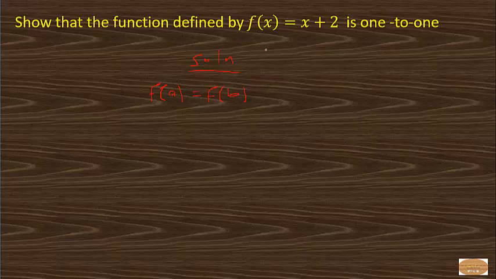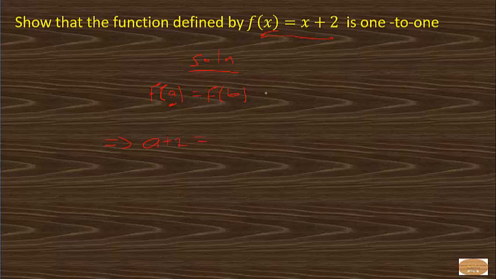Now we are going to replace x on our left hand side with a, then we do the same to our right hand side with b. So where we see x, we put a there. So we have x plus 2, so I'll replace x with a. So a plus 2